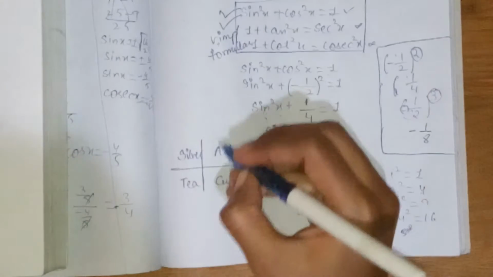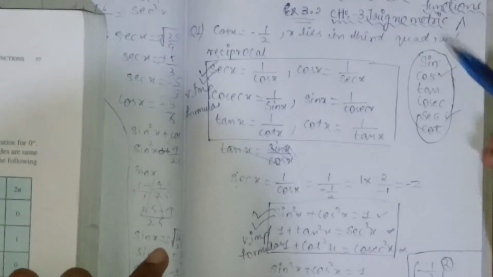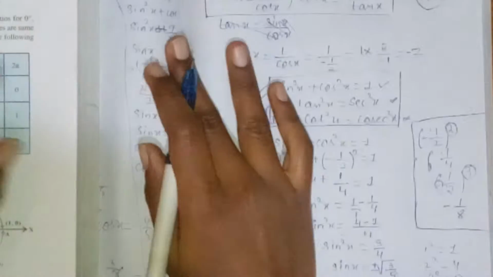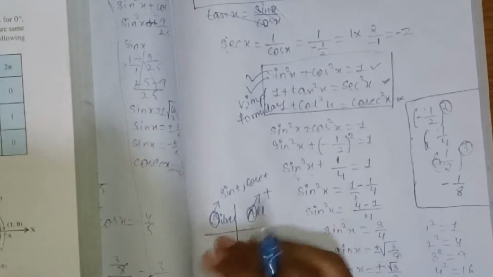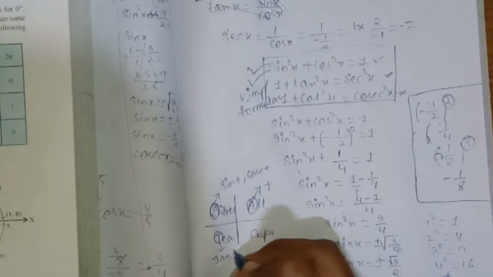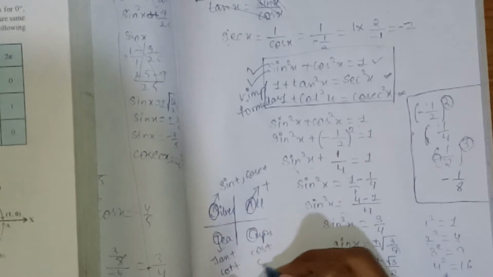What this means is that A means all the trigonometric functions, that is the values of sine, cos, tan, will all be positive. S means silver. Silver means sine, and what is the reciprocal of sine? As I said, cosecant. These both only will be positive. And then T. T means tan and cot. Those both only will be positive. C means cos and secant only will be positive.